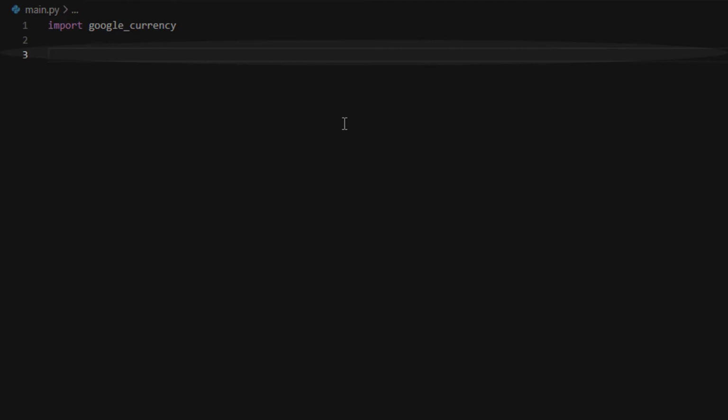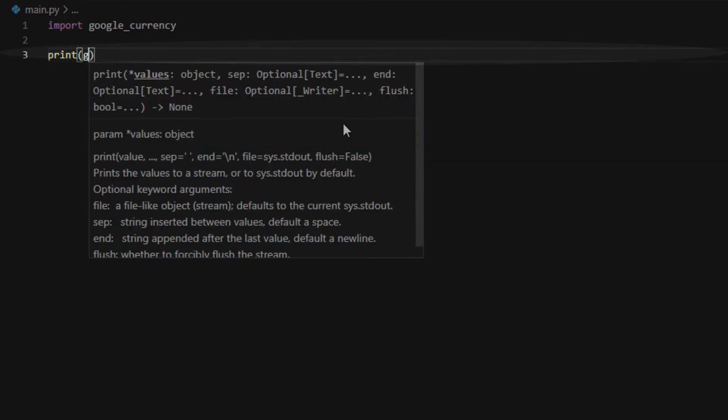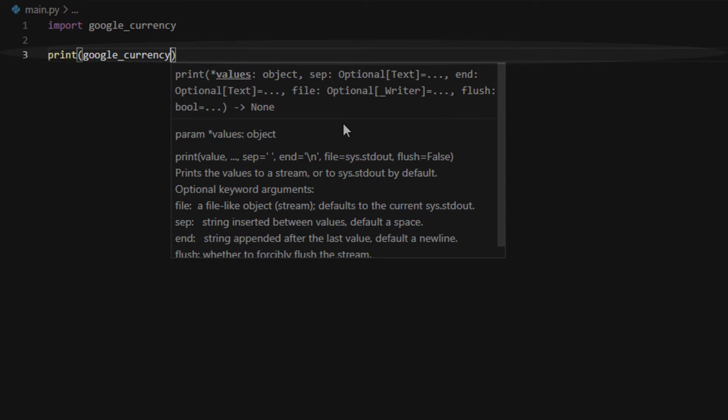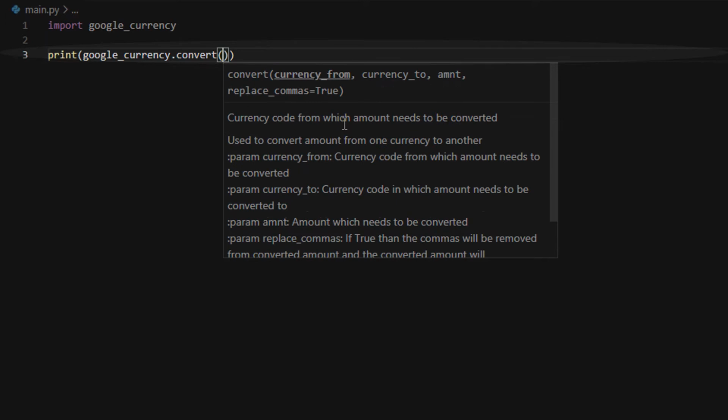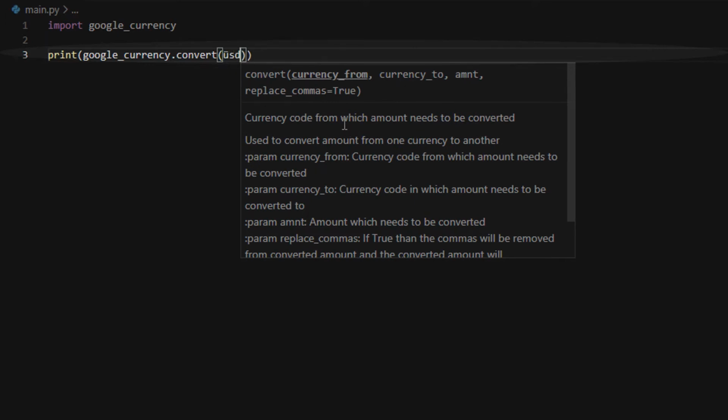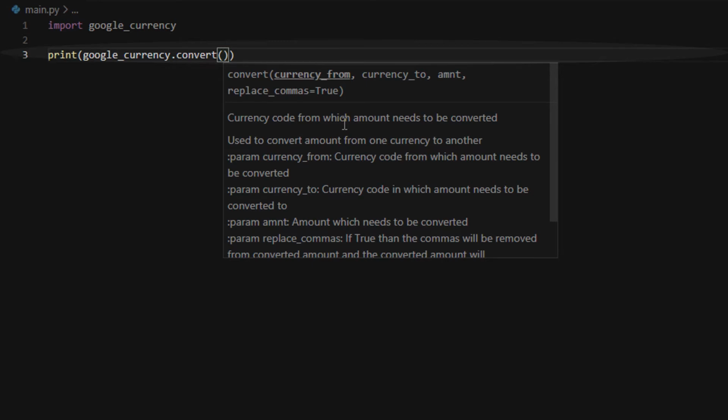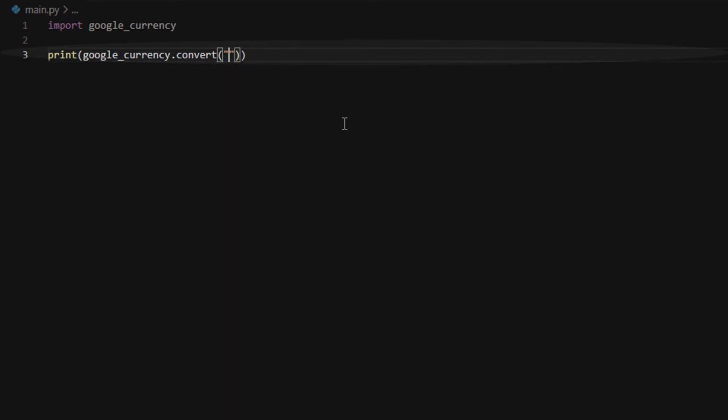So what I'm going to say is print googlecurrency.convert. This is the function, and the parameter I'm going to pass is from, let's say, USD. So I want to convert from US dollars to Naira. So first of all you have to put what you're gonna convert from. So I want to convert from USD to Naira. So Naira is NGN. So I'm gonna write NGN over here,